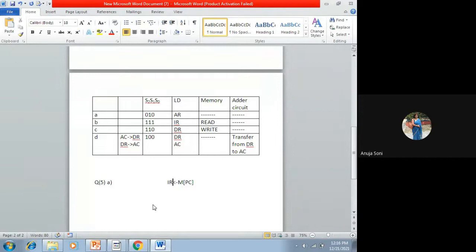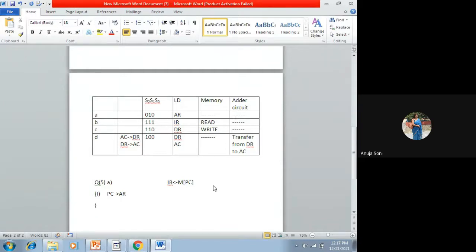You will say that in a single go, that is, with respect to a single clock cycle, it is not feasible to execute this statement. How will it happen? It will happen in the following manner. First of all, data will be transferred from PC to AR. You can write it in reverse or with the arrow on this side or that side, it hardly matters. The data is transferred from PC to AR because the AR register is directly connected to memory. Afterwards, what will happen?